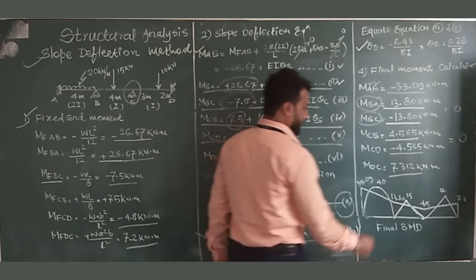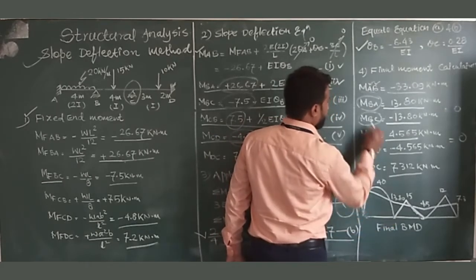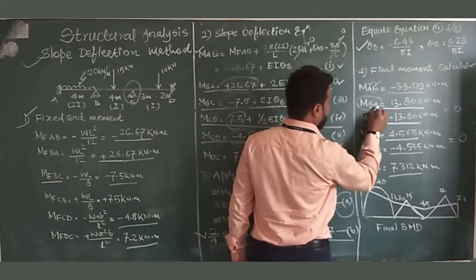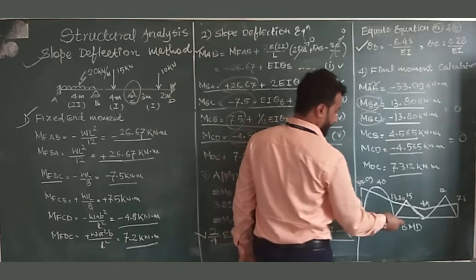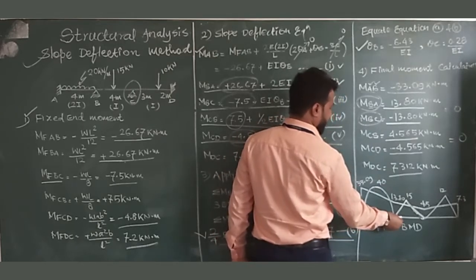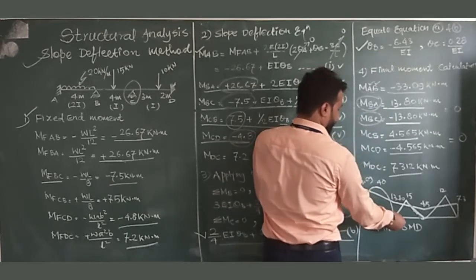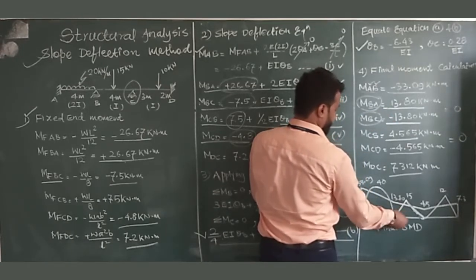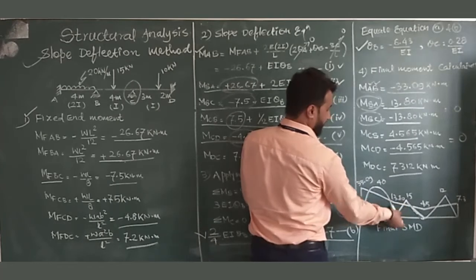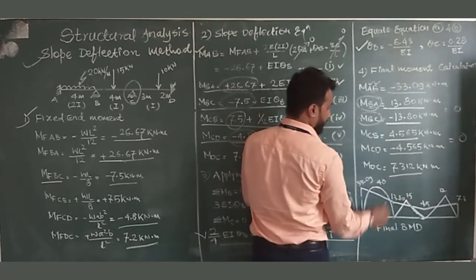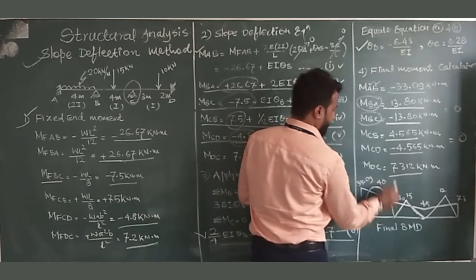33.09. Now similarly, we have to mark the point at B. So B is the near end, A is the far end. So we will keep the pen at B towards the A direction. The sign is plus. So we will rotate in the clockwise direction. If you rotate clockwise, this point will come above the line. We will mark this point.